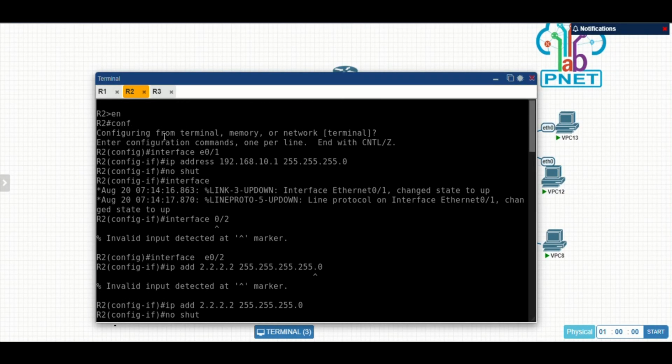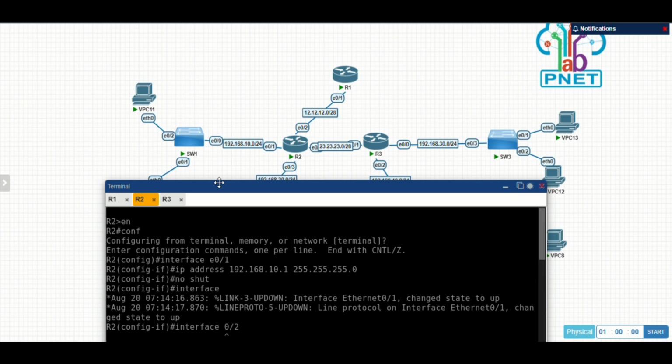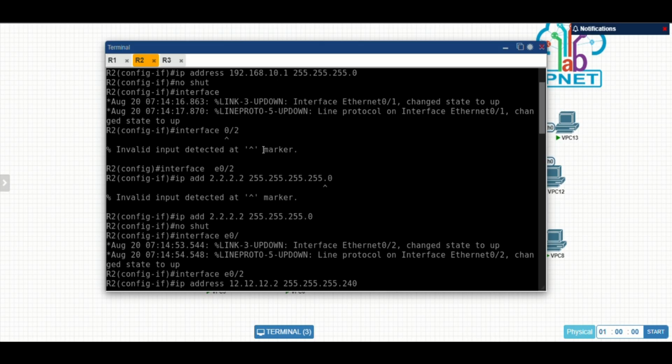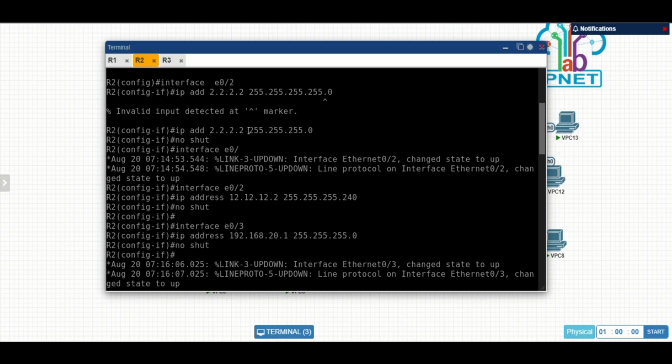In router 2, I connect interface Ethernet 1. That's because the destination is a switch, and then the ending is an end device. Of course, I make this IP address, and then for interface Ethernet 2, I make this one.